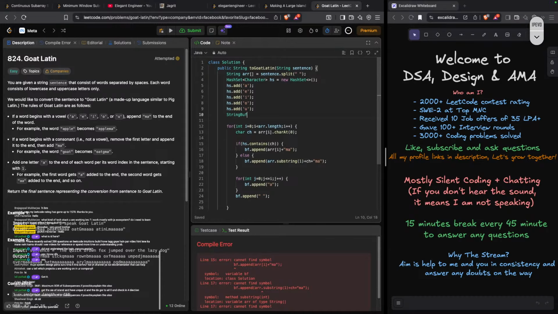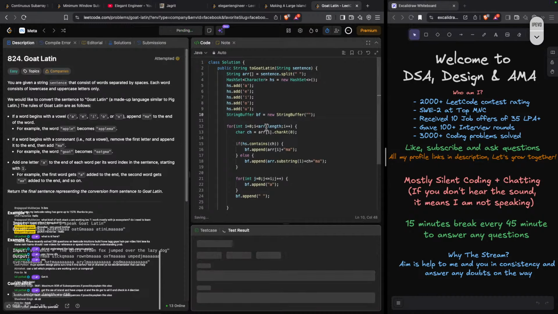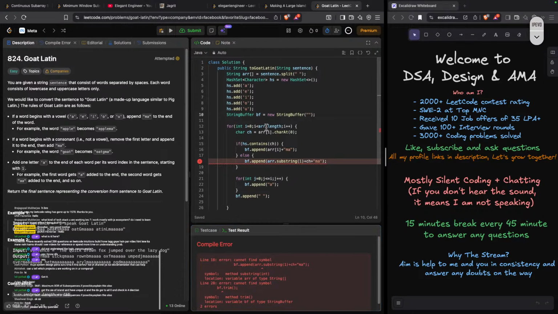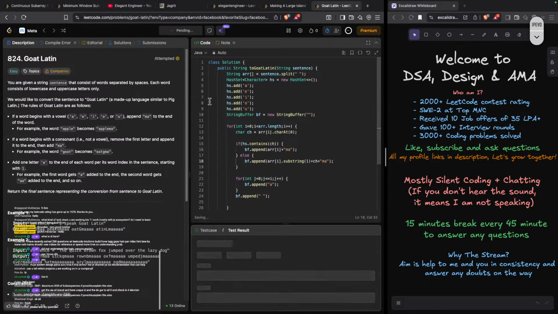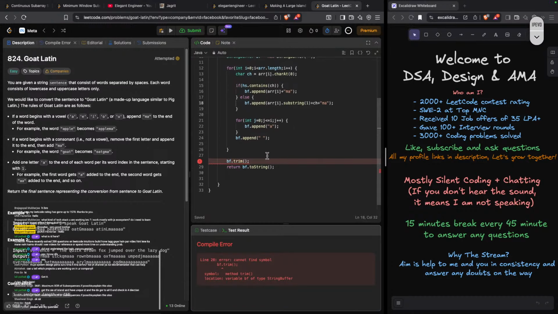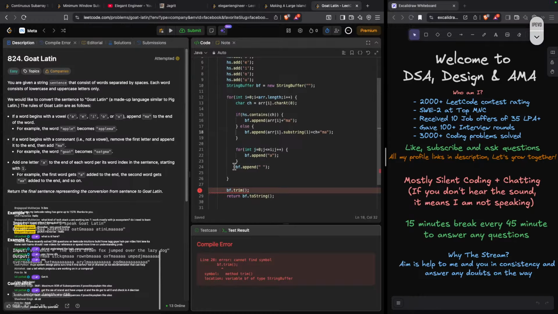String buffer. Yeah, StringBuffer. Sucks. If this question comes up in an interview, and you do it this way, probably you're going to get rejected.